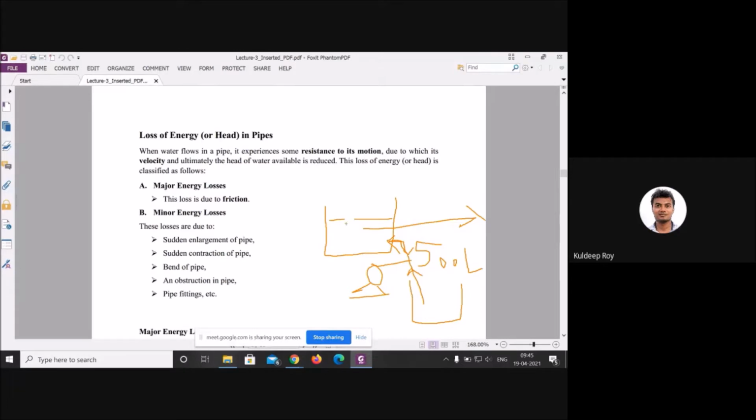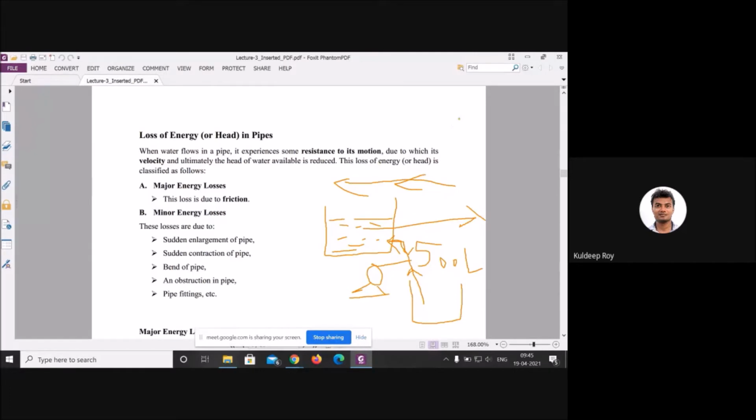Then there is some kind of loss in terms of energy based on your gravitational force. It can be anything, any kind of resistive force. When you are moving on a surface, there is some kind of frictional force. That's why you are not slipping. So similarly, there are some losses when the fluid flows in the upward direction. Generally, loss is measured when you want to transport fluid from one direction to another, opposite to the gravitational force.